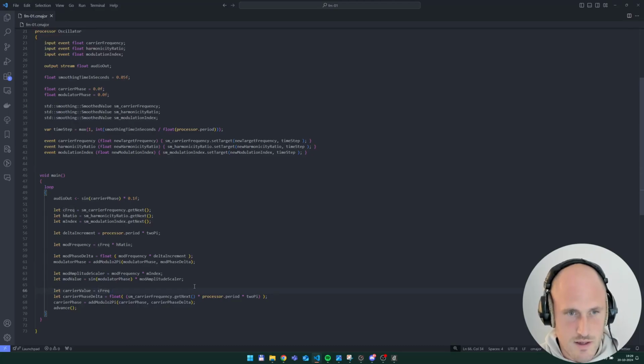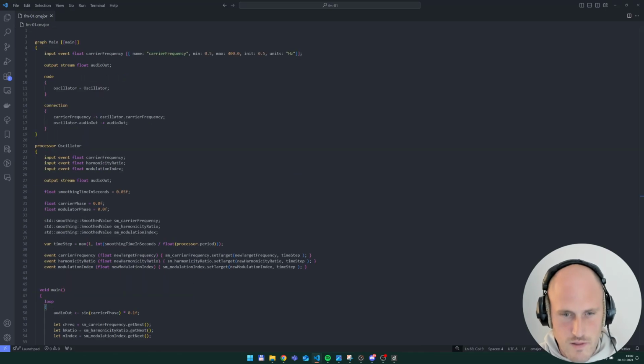So that's the carrier frequency, and then we add the mod value to it, right? So if there's a fixed carrier frequency of 100 hertz and the mod value goes from -10 to 10, then the resulting carrier value will be in the range of 90 to 110, right? Because it's 100 minus 10 or 100 plus 10. And then we use the carrier value to set instead of this. And then we use the delta increment, which we already calculated here,